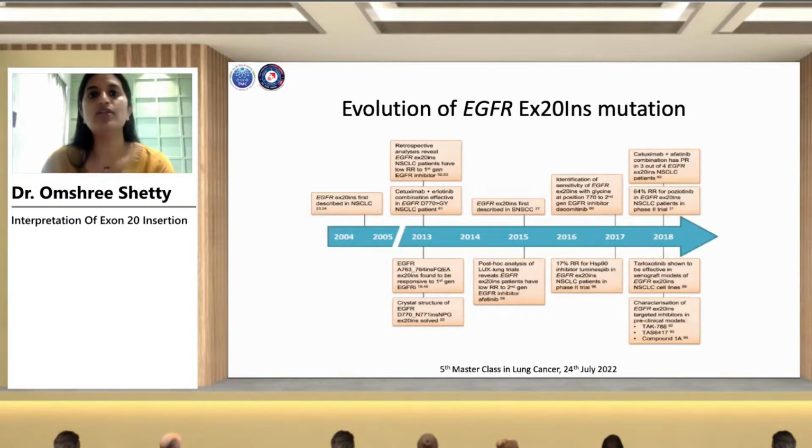So with that, let's look into the evolution of exon 20 insertion mutations, which was first described in the year 2004. And eventually, we have seen the progress of exon 20. We have seen a response to certain drugs and then overall response rate to the patients, the different types of exon 20 insertions which were uncovered as compared to what we were knowing a decade ago. And so today it's all about which part of exon 20 insertion, which would then accordingly decide the treatment